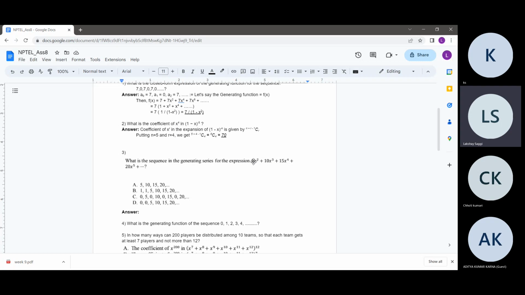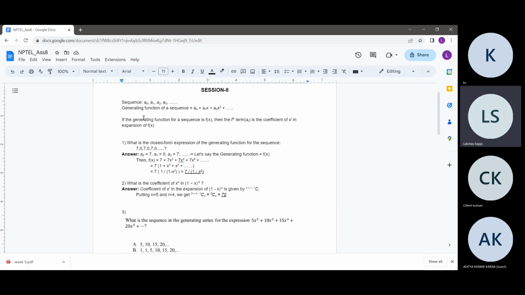But note that there is no term of x raised to power 1 and x raised to power 0, because there is no linear term and there is no constant term. So coefficients of x to the power 0 and x to the power 1 are 0 here. That's why those terms are not present in this generating function. I think you should always pay attention to this kind of stuff, because that's why sometimes you can get stuck. So here for this generating function, as I had already discussed, if the generating function is f